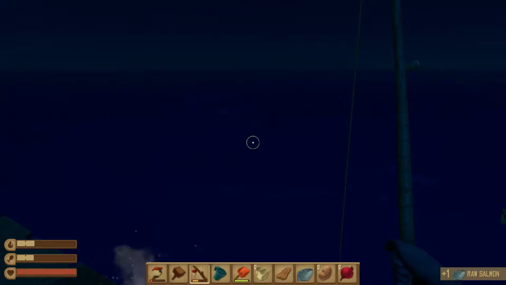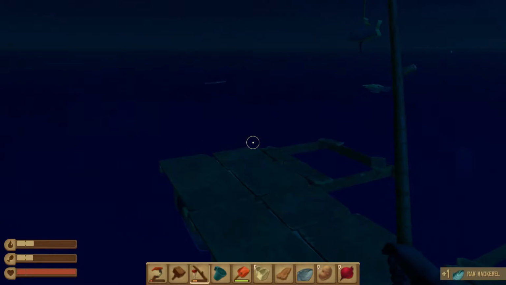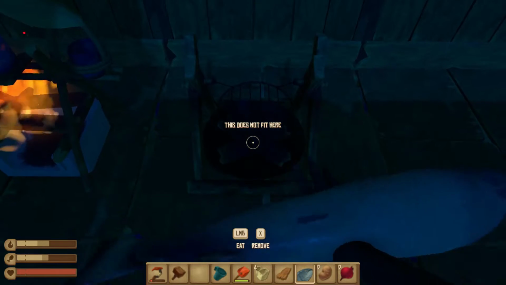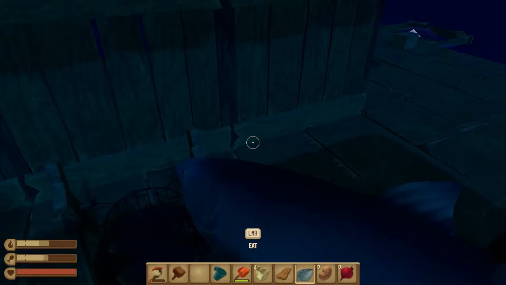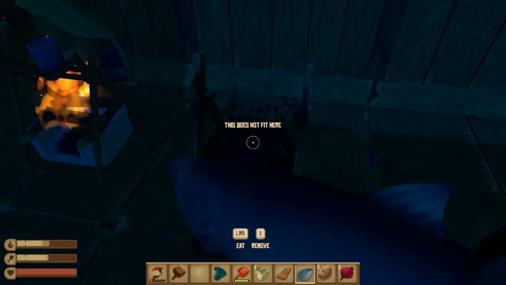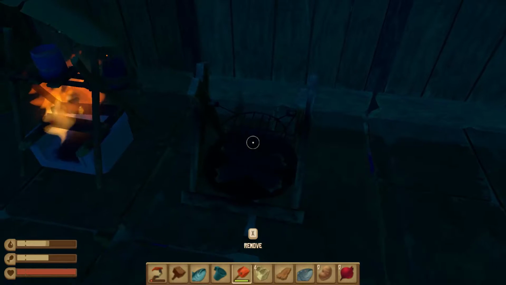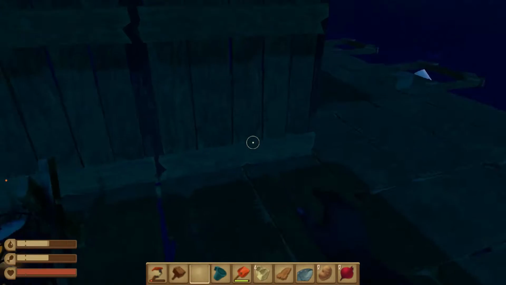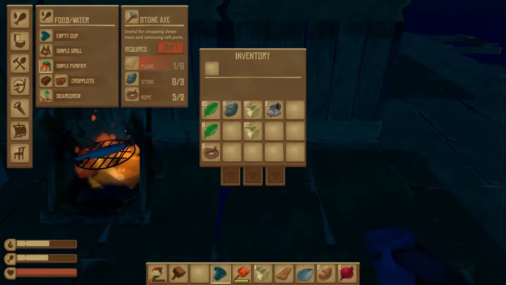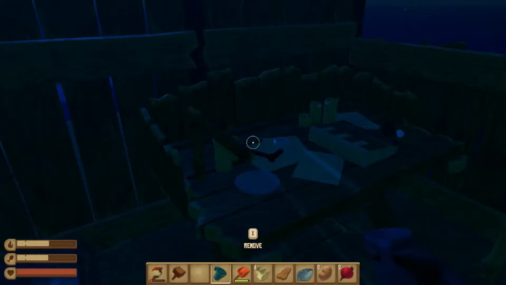Hey, got myself a tuna or something. Hey, mackerel. Got myself a mackerel. Now I got a big enough fish. This fish I got here does not fit here, which is a damn shame, but I have something else that will fit. So because that doesn't fit, I need another grill, but I think I need to